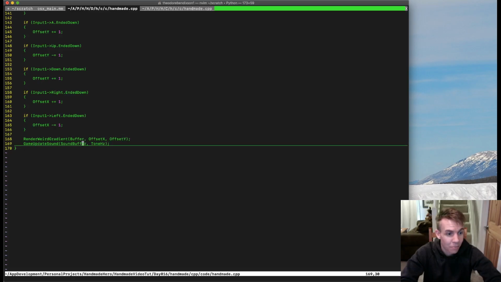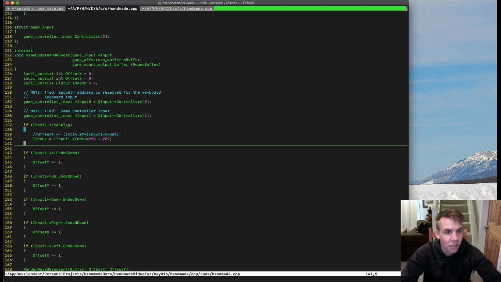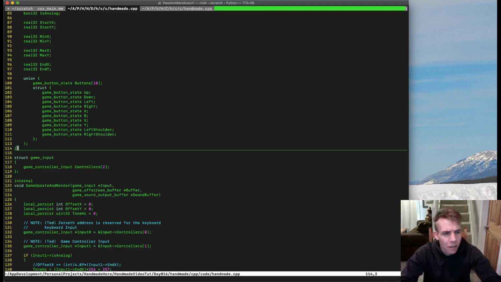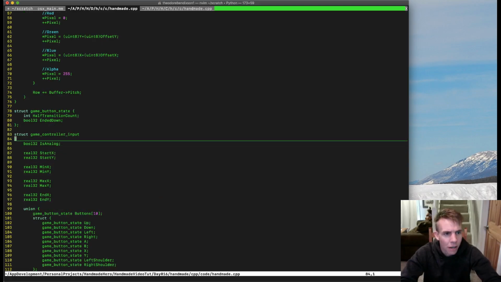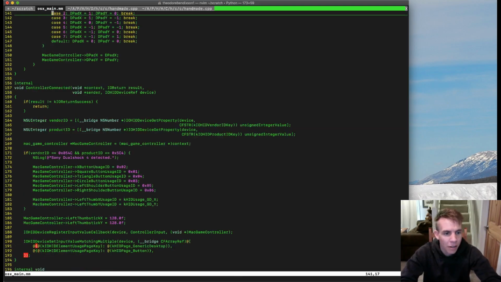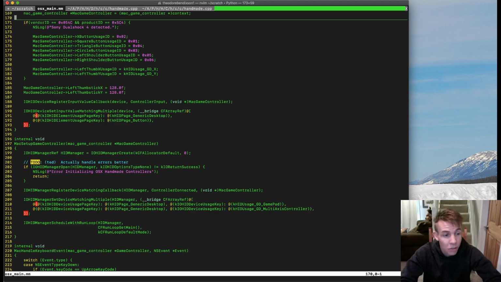gradient and sound. So now I think you're starting to see that game update and render is actually doing what it says it's doing, right? So that's the idea here. Okay, so we've got this concept of game inputs, right? And now we've also got this concept of game controller input. Great. But now we need to go back to the platform layer and start asking ourselves some questions about